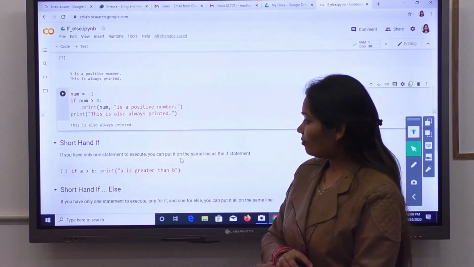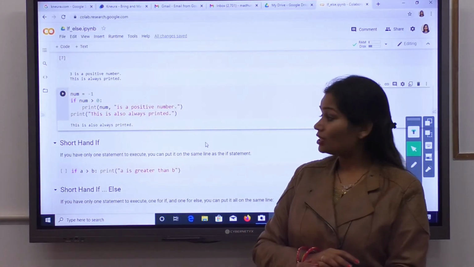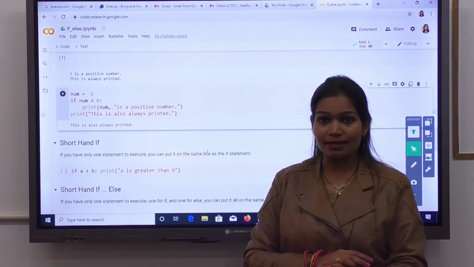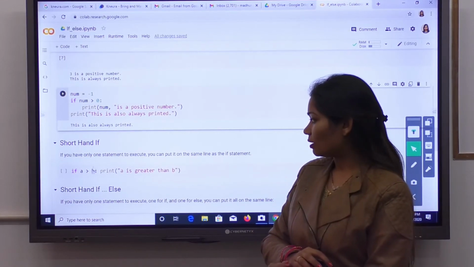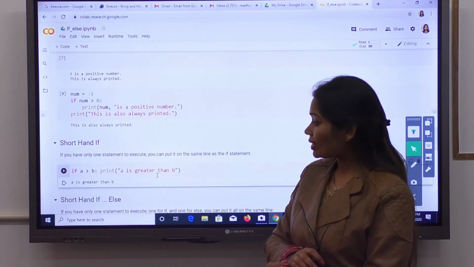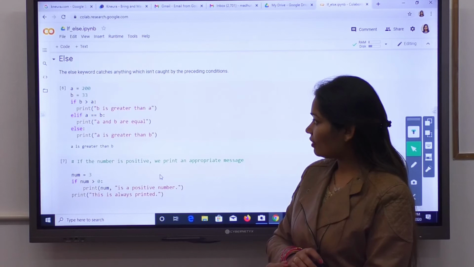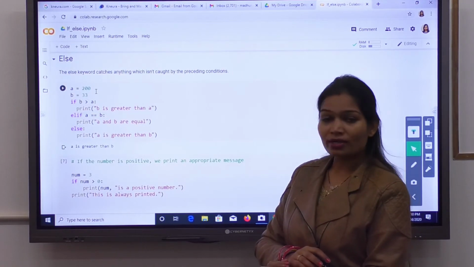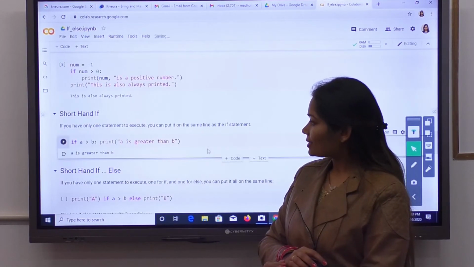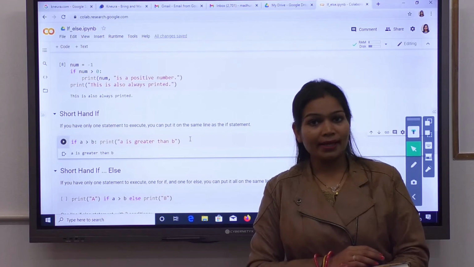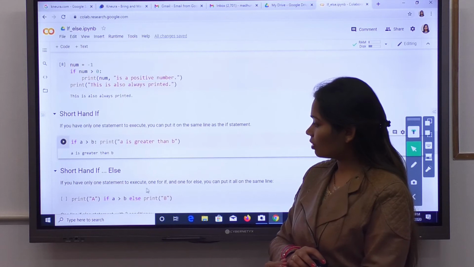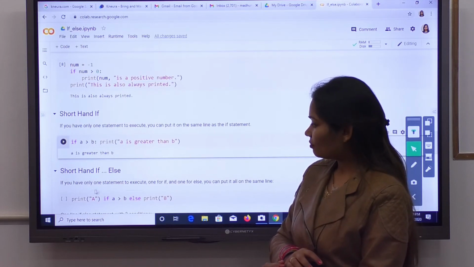Okay, so how will we write else with the if in shorthand? If we have a single statement with the if and still want to write an else statement, then how will shorthand work? Okay, let's run this code. A is greater than b. How is it taking a and b? Because we already have the values of a and b, it picks up the a and b variables' values and executes the code. So if a greater than b colon, then print a is greater than b.